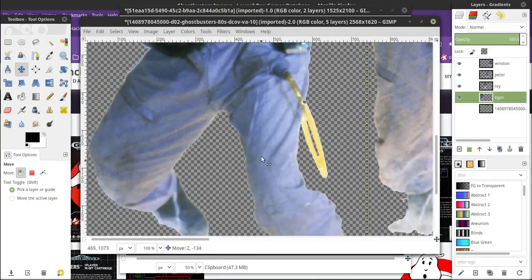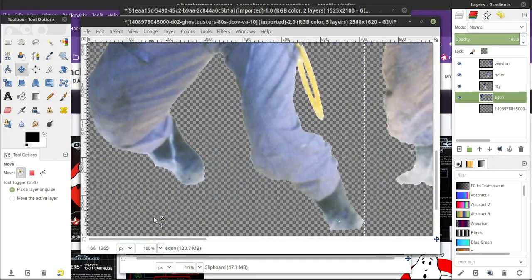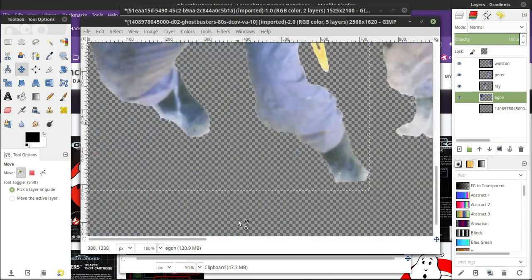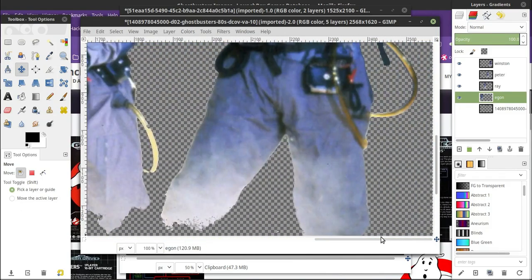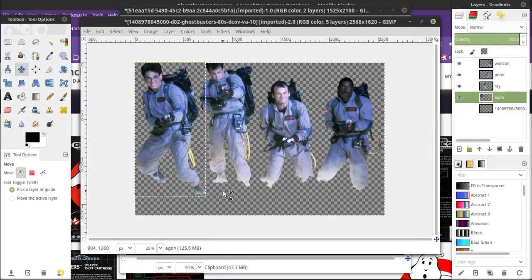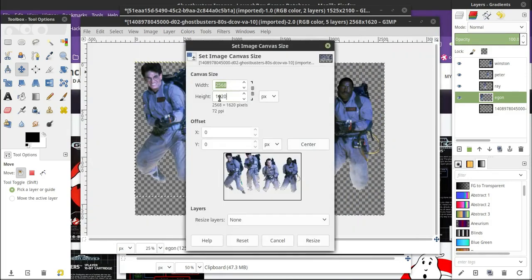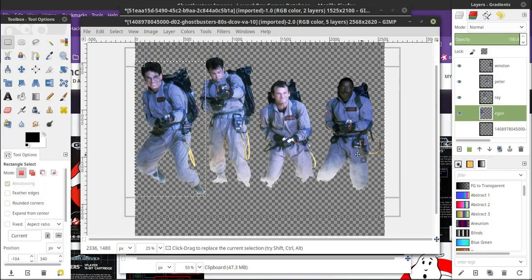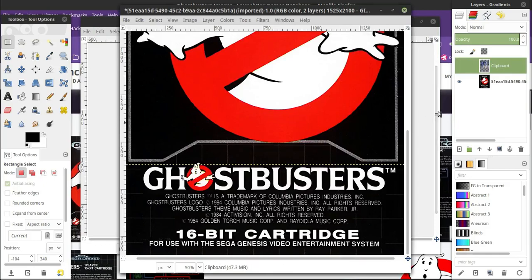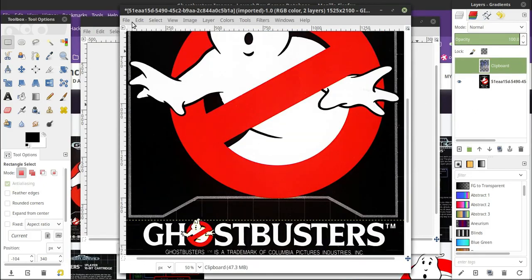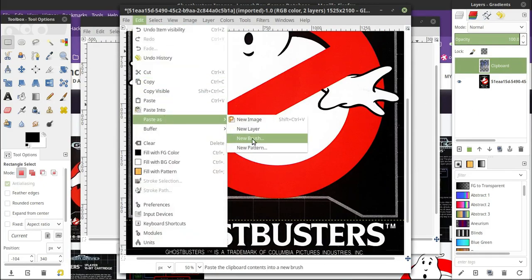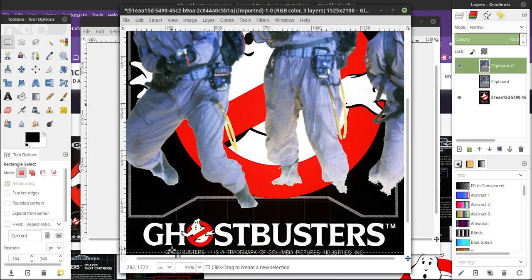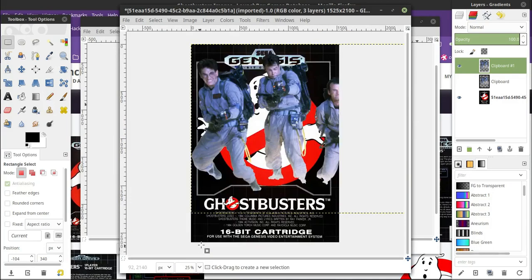And so I had an issue here where the layout wasn't looking just right, so I went back and took a different copy of our Ghostbusters after moving them a little bit, and now I'm going to do the same thing where I'm scaling them down, putting them in position, and the big thing here is going to be their feet. So I need to try to conceal their feet,